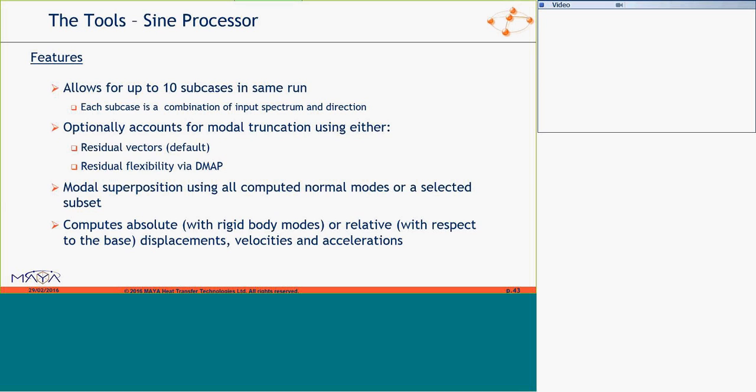The shaker itself moves, so using relative results removes the displacement of the input node on the shaker, which is important for those metrics.